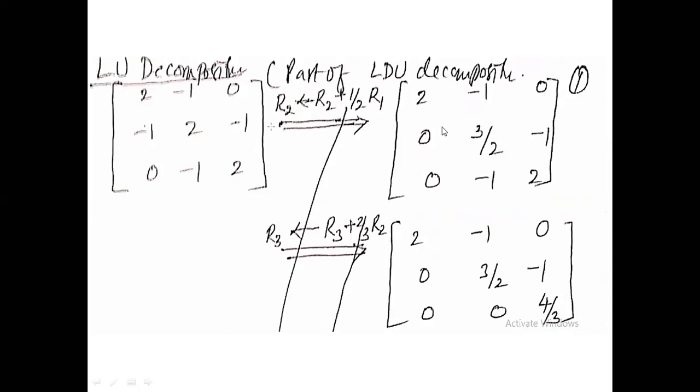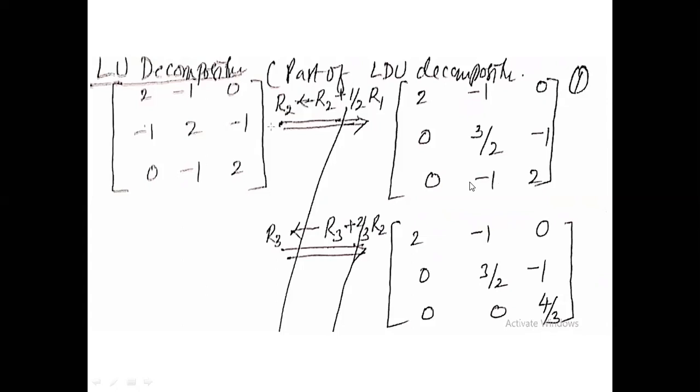Now what is the problem that remains? The diagonal elements, these two are 0. This needs to be converted into a 0. So I need to do some operation in row 3. What I do here is convert row 3 as row 3 plus 2 by 3 row 2. Okay. So once I do that, 0 and 0, no effect.